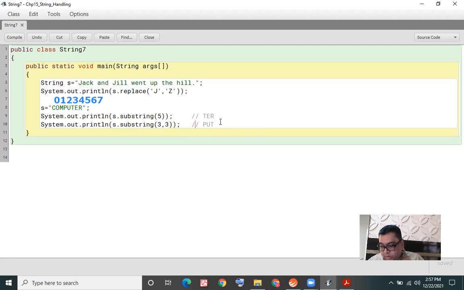Check the output properly. Just wait. Let me check the output.